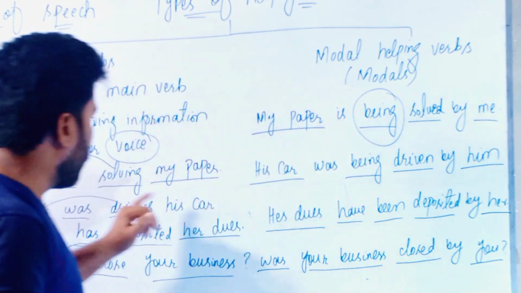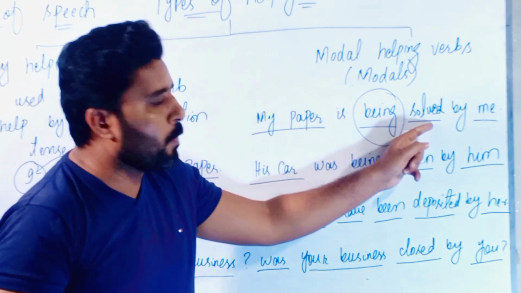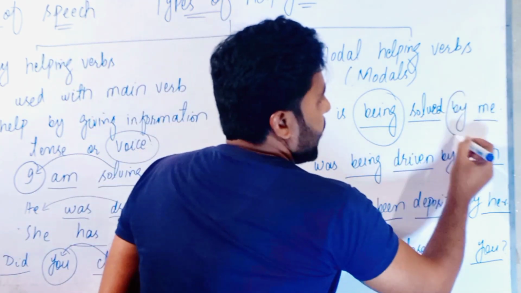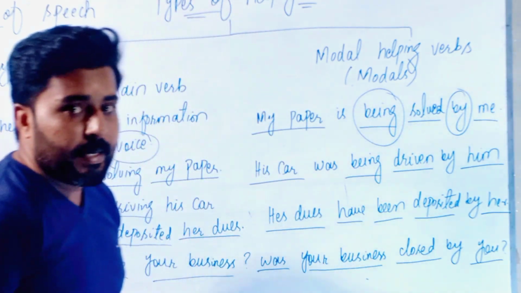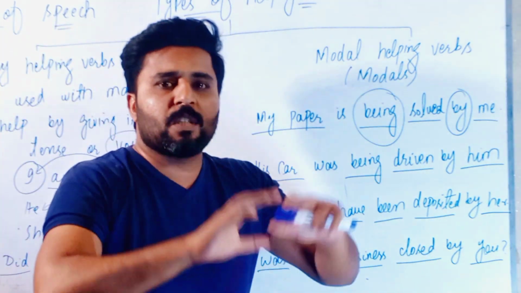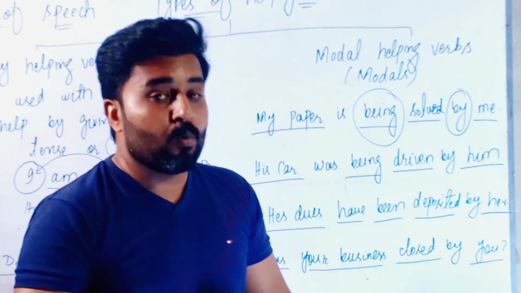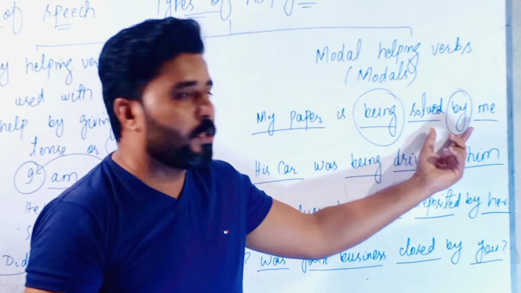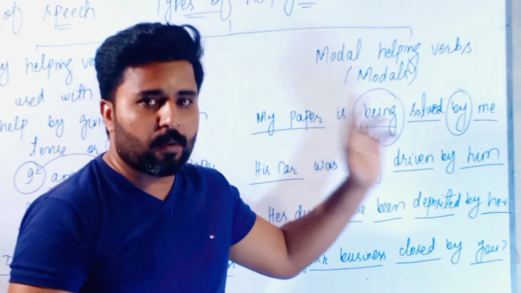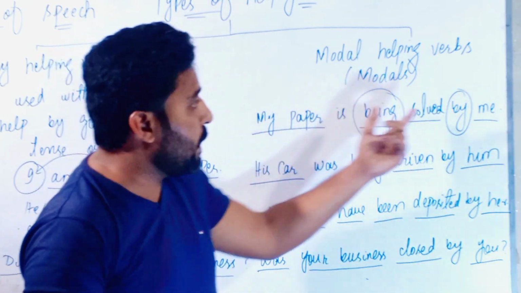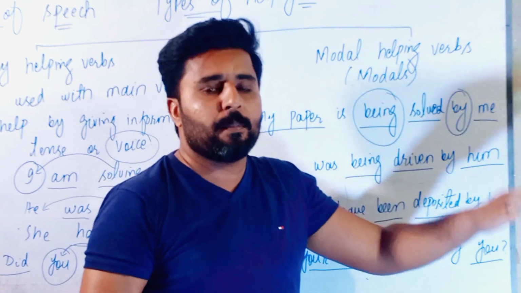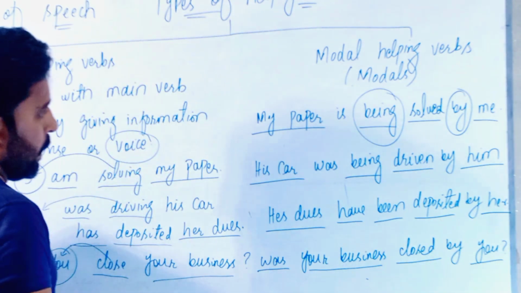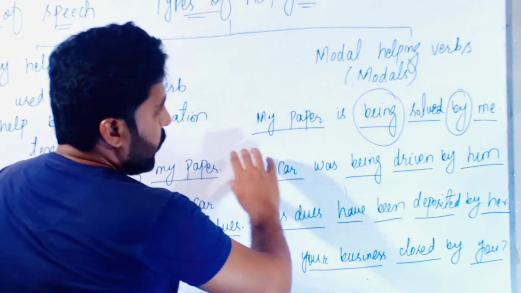So we use being to convert present participle into past participle, being and third form, and then we added a preposition by in the passive voice sentences. तो जितने भी passive voice sentences हैं उनमें अगर subject और object दोनों मौजूद होते हैं, then we always use by before the subject of the active voice। कि ये जो फंक्शन है ये इसकी वजह से किया गया है, by भी मुझसे किया गया है, मेरी तरफ से किया गया है।